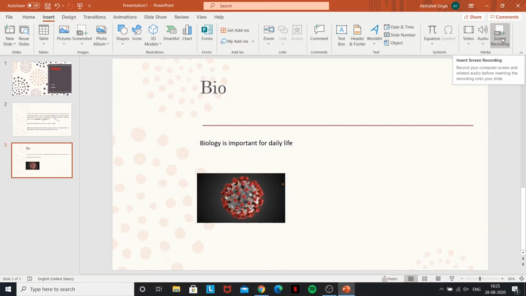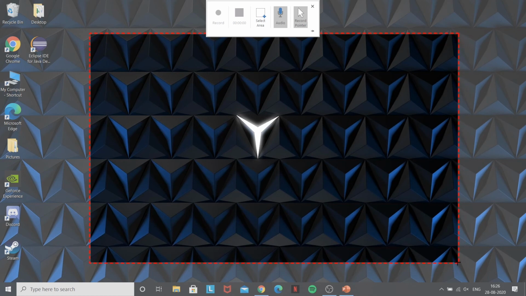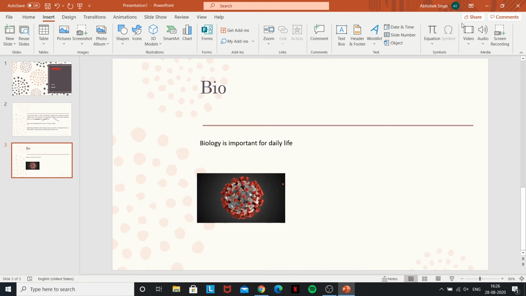which all you do with screen recording is you press it, it minimizes the screen. You can choose, say, I want this portion of the screen. Right now, I don't have anything open, but maybe you have a tutorial like this, and you just want to record your screen and play it back during the presentation. Then you just select the portion of the screen you'd like. If you didn't select it properly, you can press it again, select the whole screen, and then you can record with or without audio, and so on. You have multiple of these options. So that covers everything under the Insert tab.